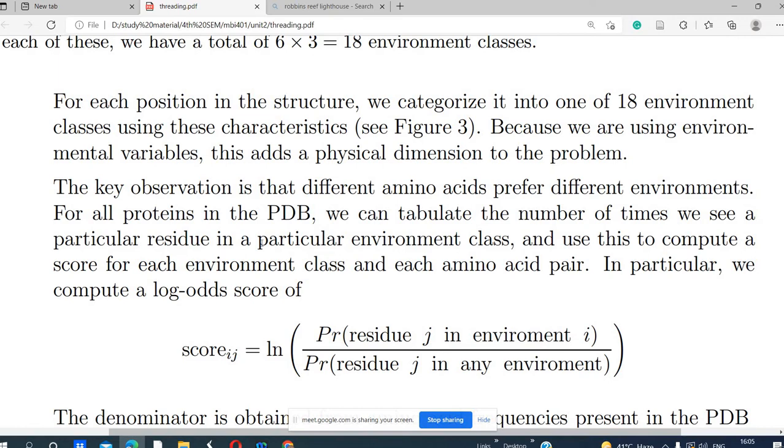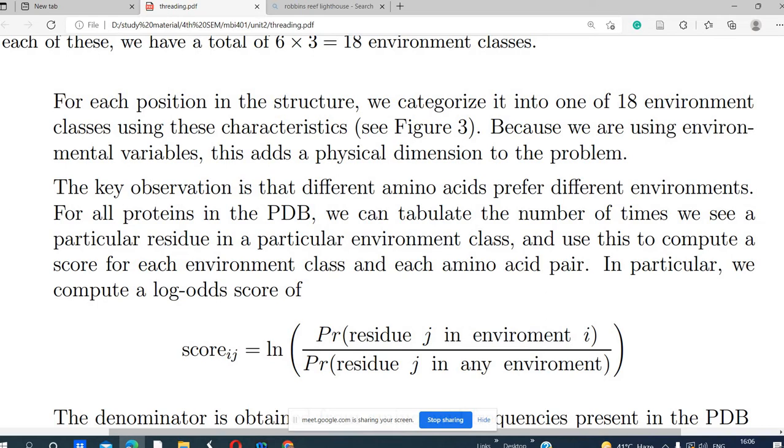Like arginine and lysine, they will share the same profile in this method, because arginine, lysine and histidine are the basic amino acids. These amino acids will share the same profile, so their class will be the same. On the basis of that, these amino acids will be assigned the same class.